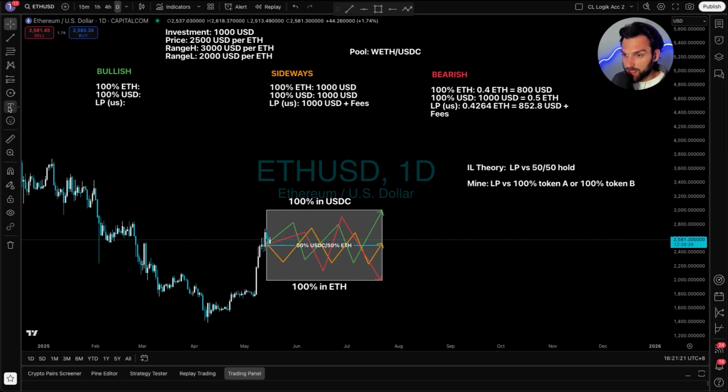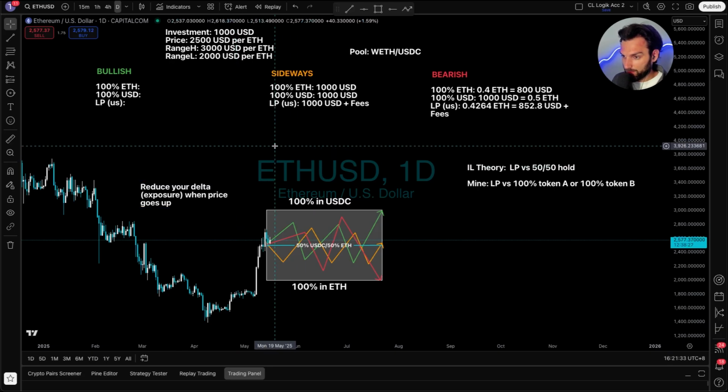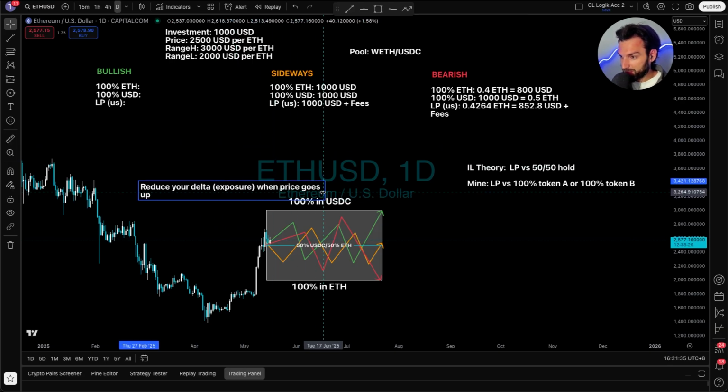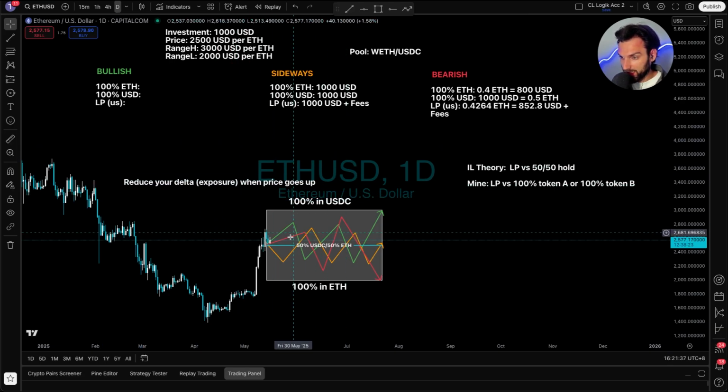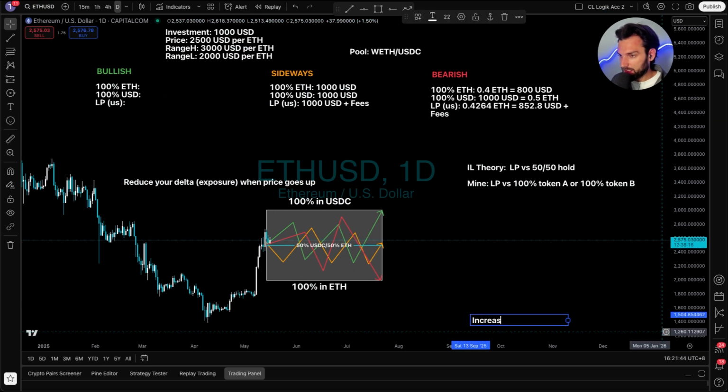A complicated way to say this is that you reduce your delta exposure when price goes up, right? So when price goes up, you reduce your exposure on the asset that goes up in price, and you increase your delta exposure